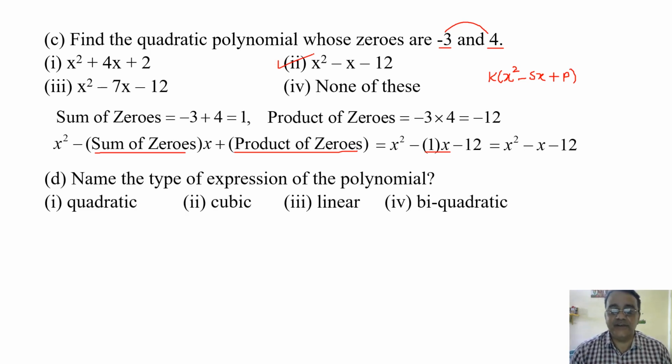So now we are moving to the fourth question. Name the type of expression of the polynomial. Quadratic, cubic, linear, biquadratic. So it is